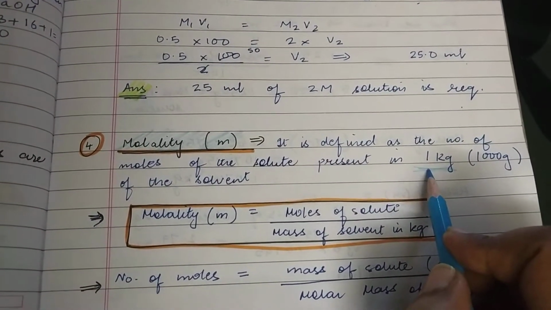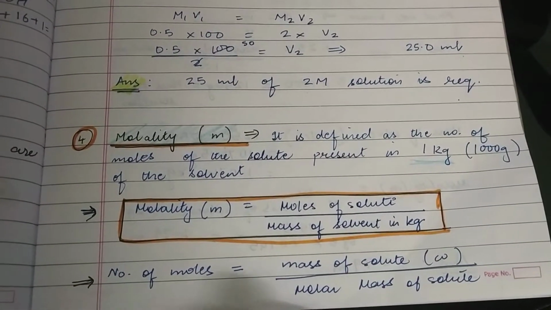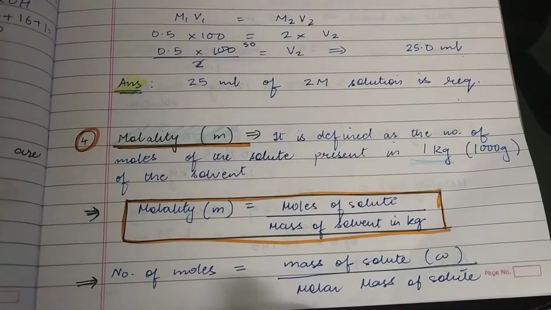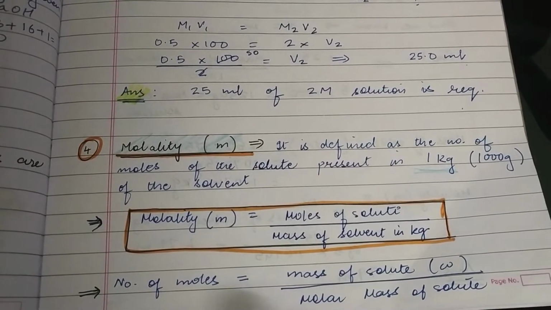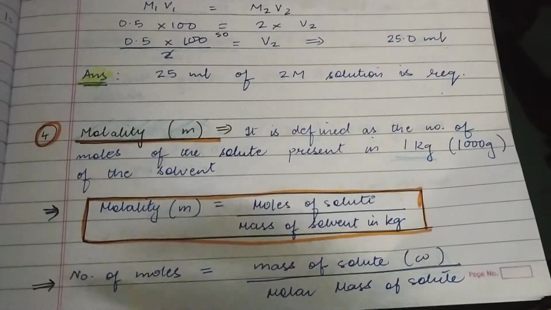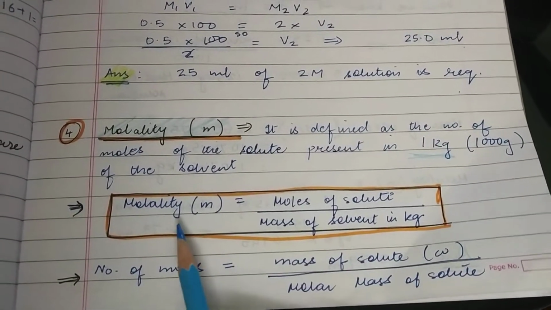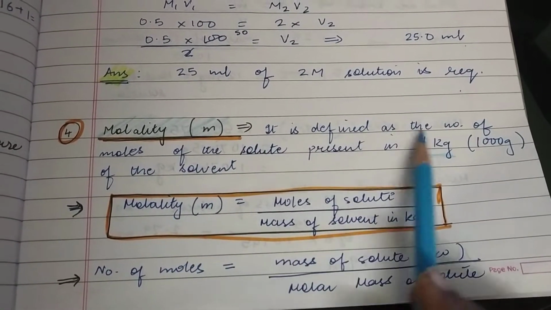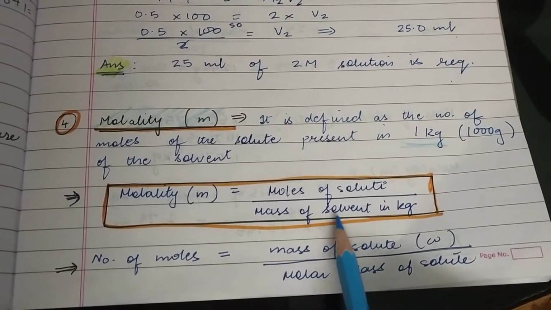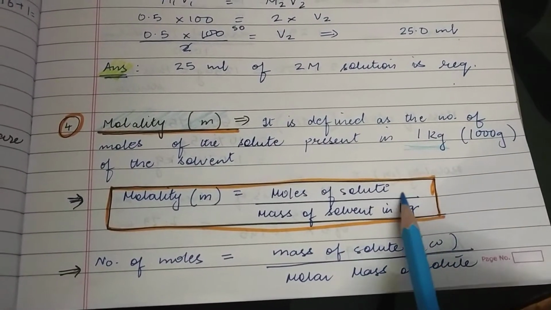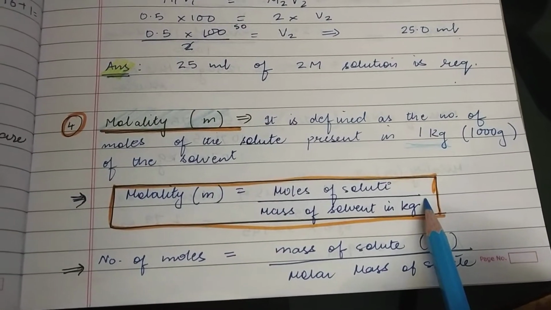Now students, here when we talk of the mass, and there we were talking about the volume of the solution. I will come back to the difference between the two and relate it, how the two are related to temperature. Alright, I will come back and explain it to you, but let's just continue with the concept on molality. Now molality is defined as the number of moles of the solute here upon the mass of the solvent in kg. You have to remember that the mass of the solvent is always expressed in kg.